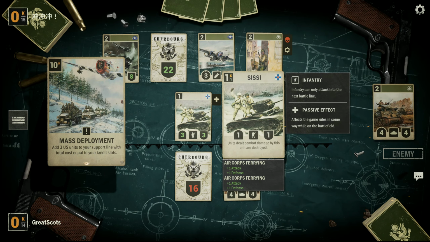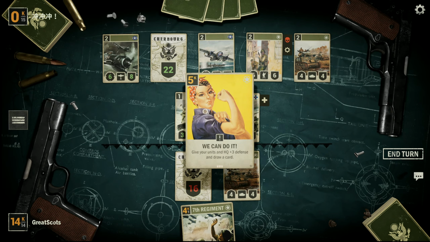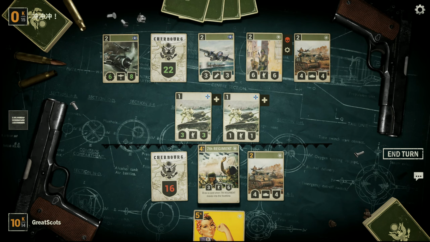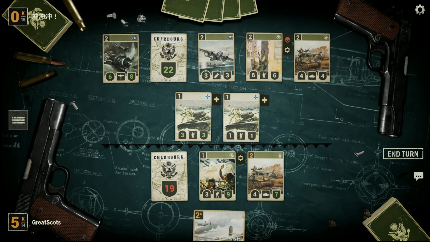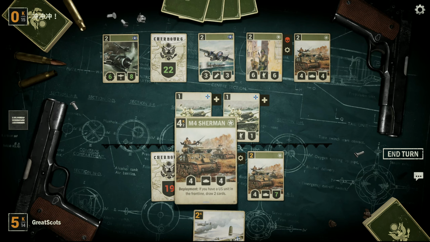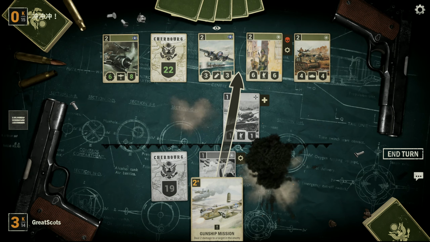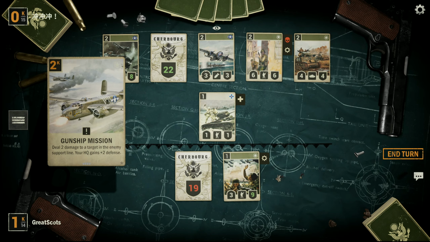Didn't that thing just attack? Dude, and you drew blue and gray? Holy moly. Alright. Gunship mission gets us absolutely nothing. Too damn, I mean, I don't...